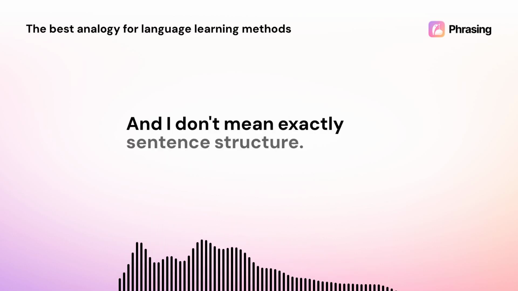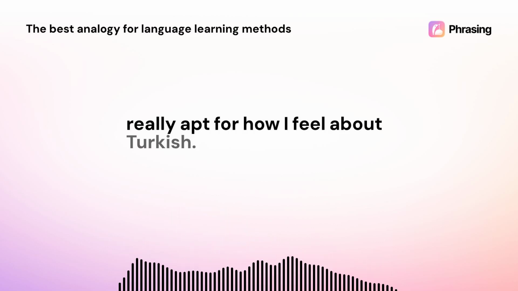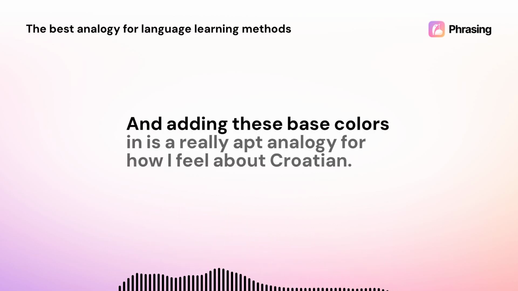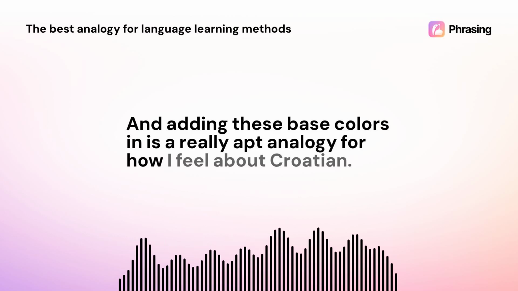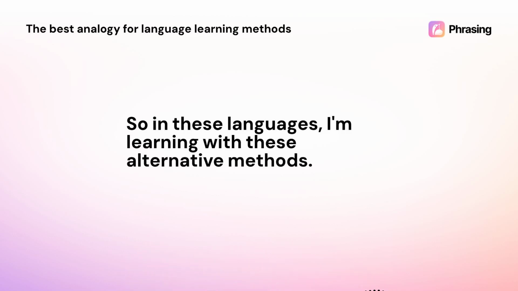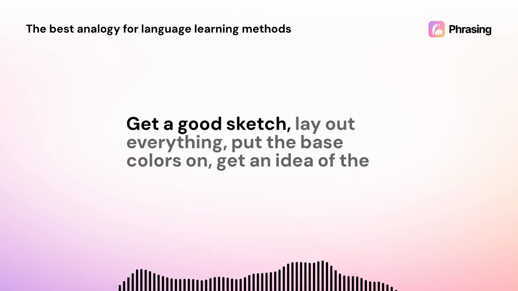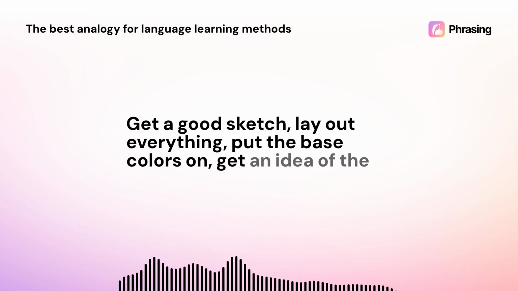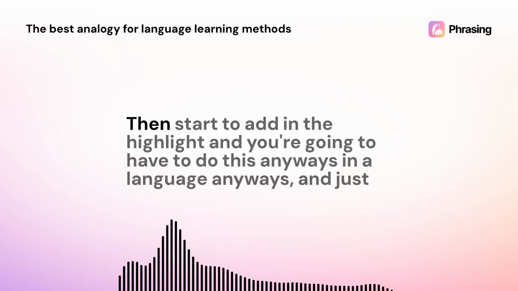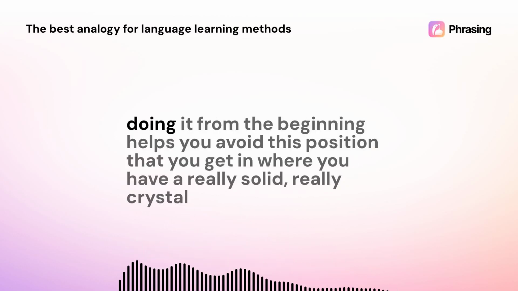And I don't mean exactly sentence structure. I'm missing the words here, but the idea of just having a sketch of the language is really apt for how I feel about Turkish. And adding these base colors in is a really apt analogy for how I feel about Croatian. So in these languages I'm learning with these alternative methods, it's much more this painterly style of do the whole image and just go through step by step. Get a good sketch, lay out everything, put the base colors on, get an idea of the colors that are going to be there, then start to add in the highlights. And you're going to have to do this anyway in a language, and just doing it from the beginning